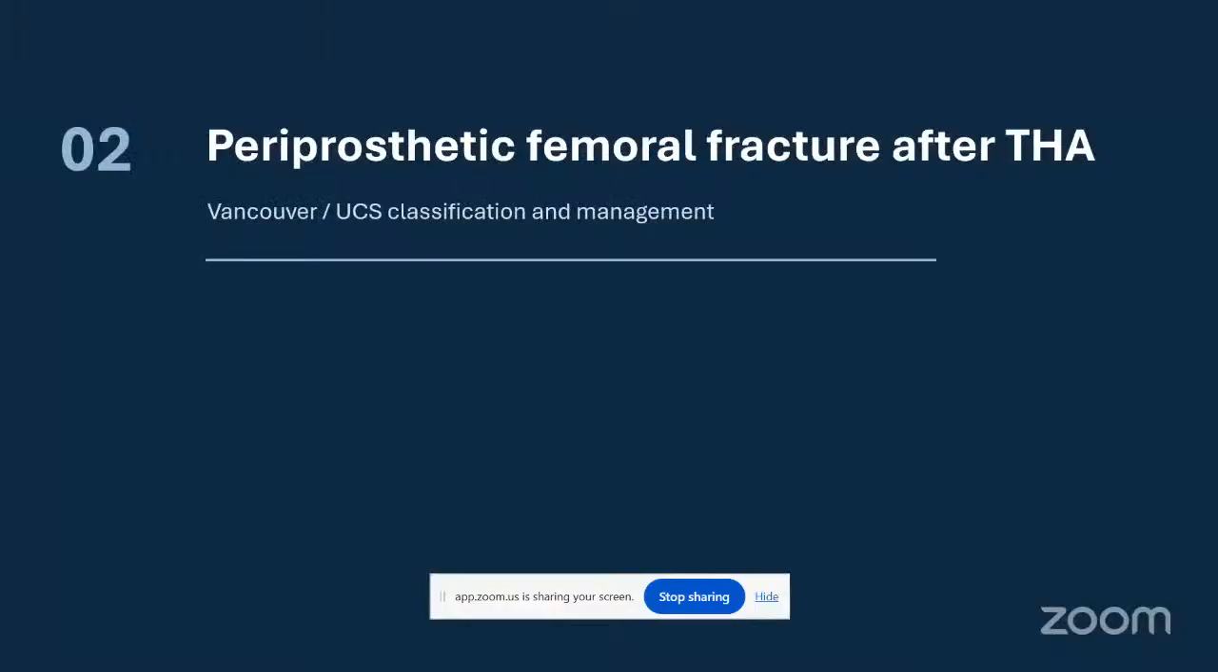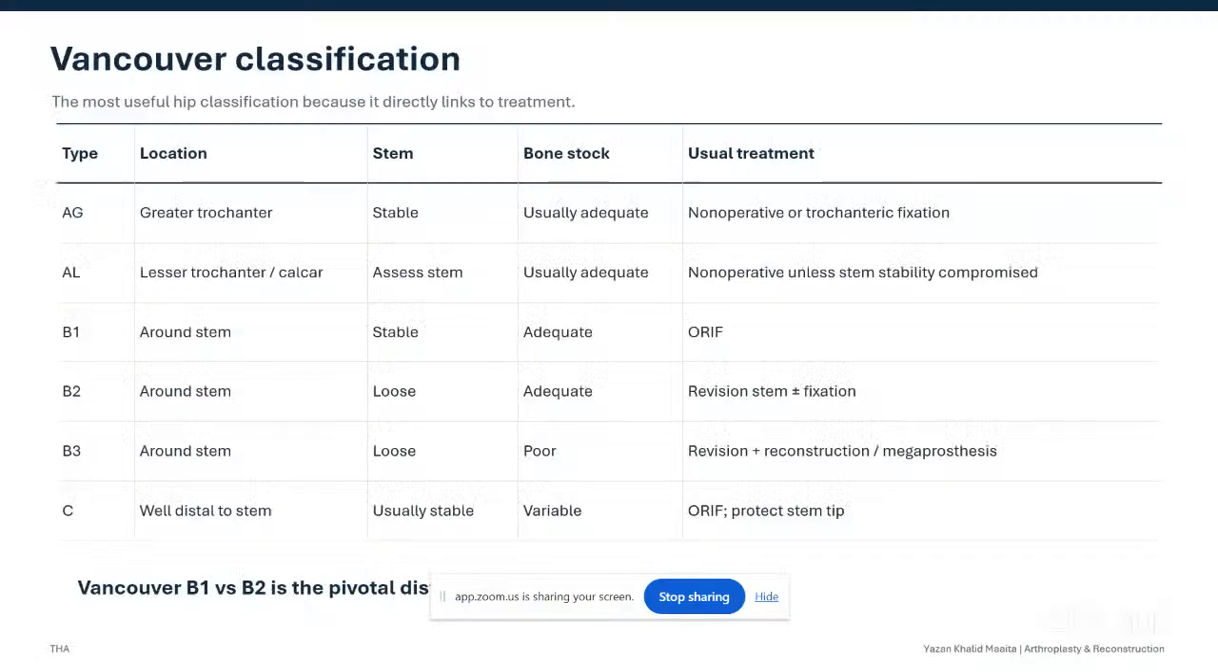Periprosthetic fracture: femoral fracture after total hip. I think all of us know the Vancouver classification is one of the most useful classifications of periprosthetic fractures, directly linked to treatment. The Vancouver classification has multiple types. AG is around the trochanteric area,